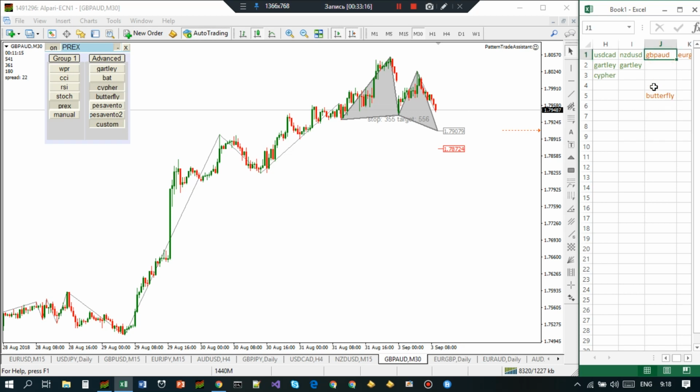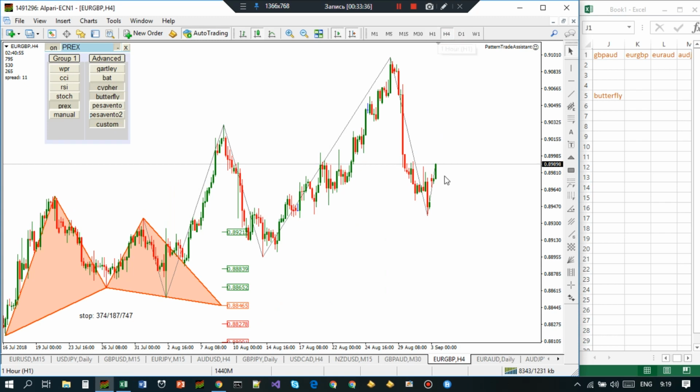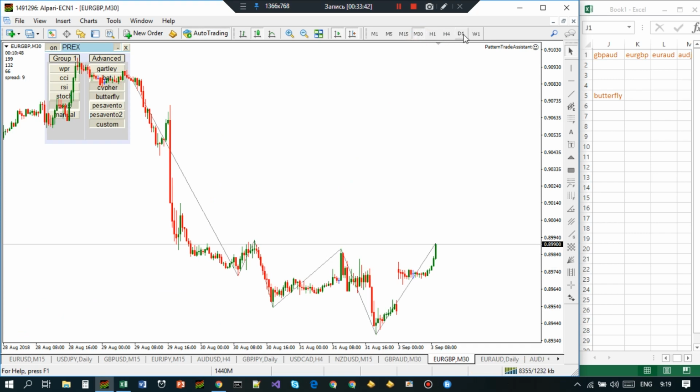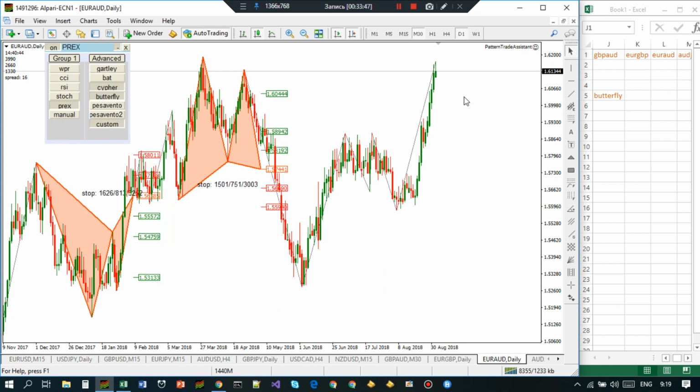Okay, it is brown because I'm not going to trade it on less than 30-minute, so it is only a 30-minute trading pattern. The next, Euro GBP, all those browns are traded on 30-minute as minimum. Daily, then we go 4 hour, you see that gap to the upside and moving higher, 1 hour, and 30-minute, so nothing here. Then we go to Euro Aussie, Euro AUD,